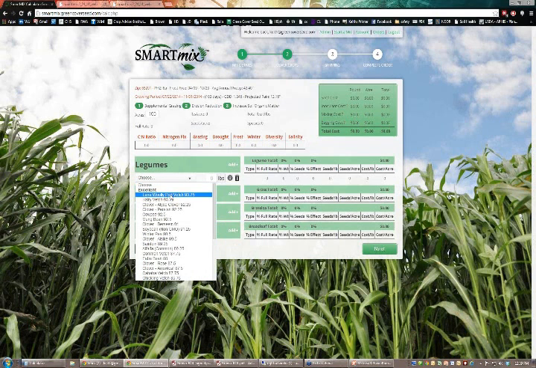And what it's going to give me is all of my different legumes that I have here, and it's going to give scores on them. Now, these scores are not necessarily all correct yet. We've got a lot of tweaking to do on this. We've got a lot of data in here that we're not exactly sure is right. There are some things in here that I think are probably too high, and there may be some things that are too low. But it gives us a little bit of an idea.